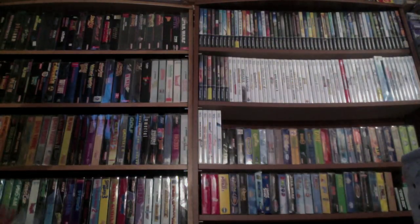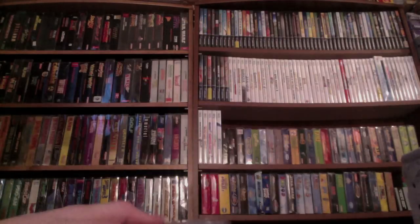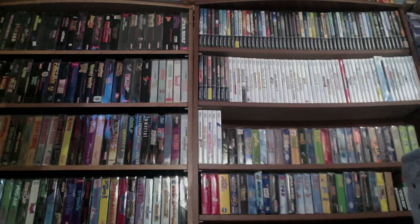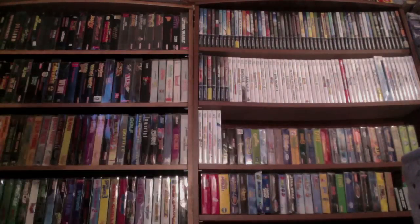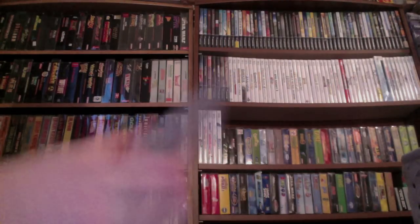Pocky and Rocky, Super Star Wars, Mortal Kombat 3. I thought that might have been one I didn't have the box for, or I didn't have the cartridge for, but I do. Street Fighter 2, The Chess Master, Capcom's MVP Football,